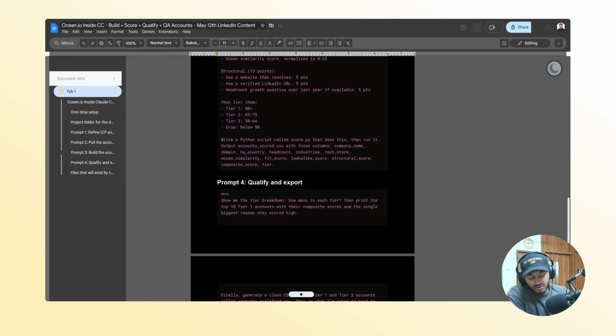So this should actually be all raw lookalike results. And score is the Python script that is doing the scoring, and the scored accounts is truly all the accounts. Okay, so I'm checking to see if the MCP is active, and yes, it's done checking. And then, like I said, this is the prompt I gave, and it created the plan for me to do it. And then I got the ICP